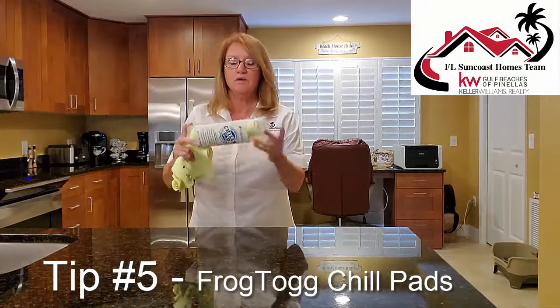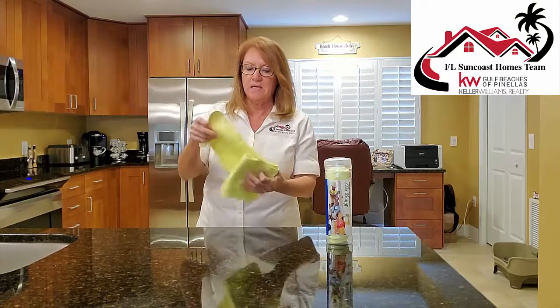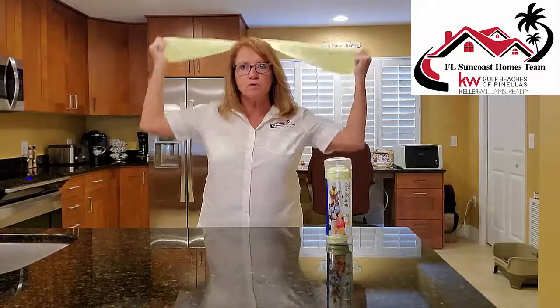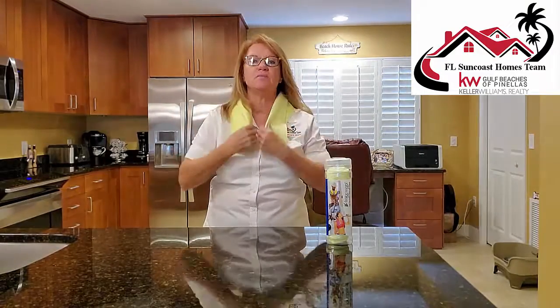They're called Frog Togs. It's basically a chill pad. They come in different sizes. This one's really big. The smaller size just fits around your neck. What you do is you get this wet, you put it around your neck, and it will help keep you quite a bit cooler for a long time. One of these at Disney World for the day, even in the middle of the summer, will help keep me